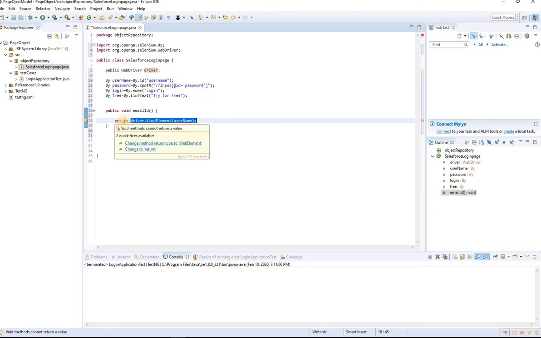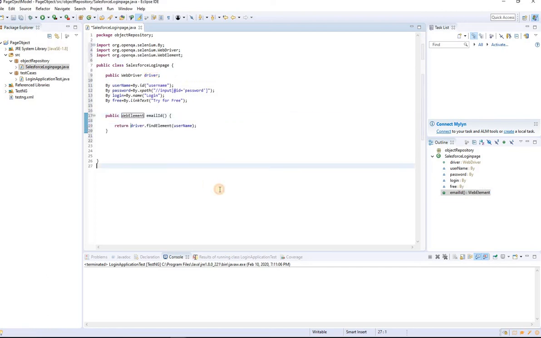If I hover the mouse, it's saying change method return type to WebElement, because in my method I said the return type void, but I'm returning a web element here. I'm returning a driver.findElement, which is a web element, so it's advising to change it. So change it to WebElement. In a similar way I will create a separate method for each and every web element. So I'm going to just copy it,